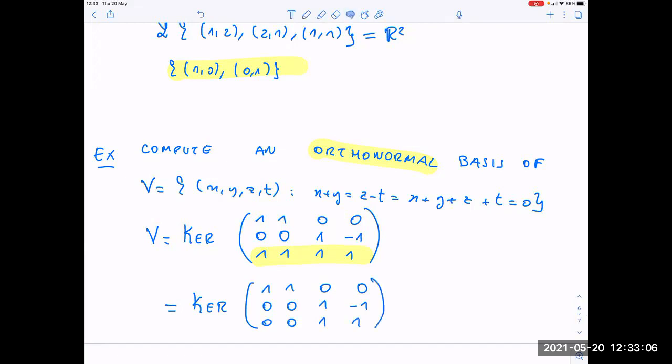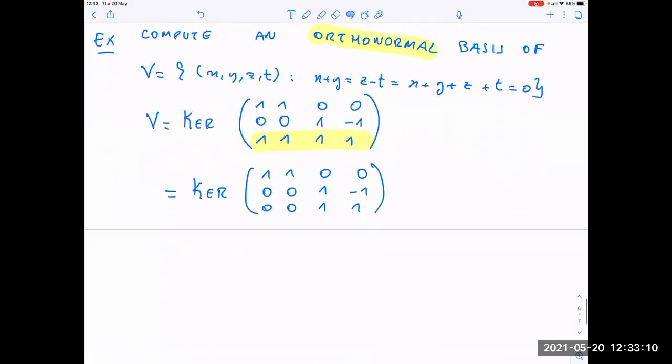And then I change it again. I change again the last row by, say, subtracting the third. So we get something like this, 0, 0, then should be 2, but then we put a 1. Okay. So this means that the dimension of V